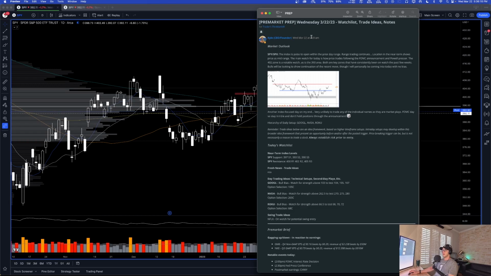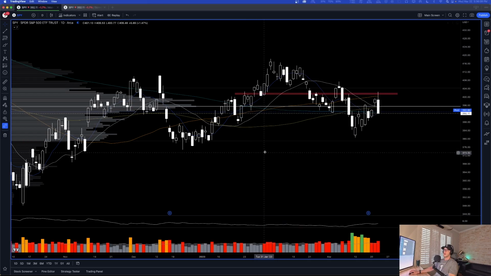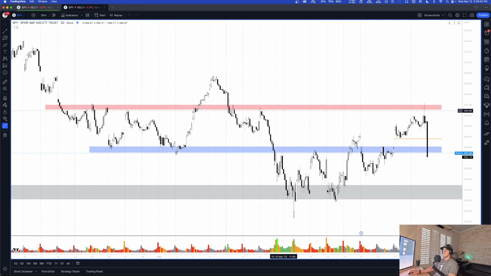Anyway, coming into the day, this was posted before market open, 7:31 a.m. Basically, what we said was location for the index is mid-range. I'm watching following the FOMC announcement in the Powell presser to see how the 402 zone is treated or the 393 zone. Now, we ended up testing the 402 zone first, and where I got that 402 zone from was